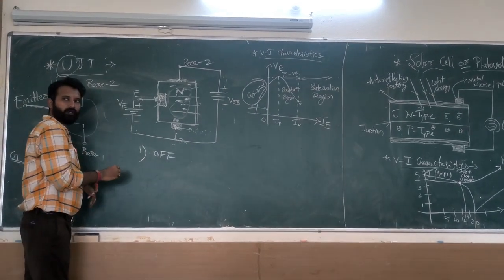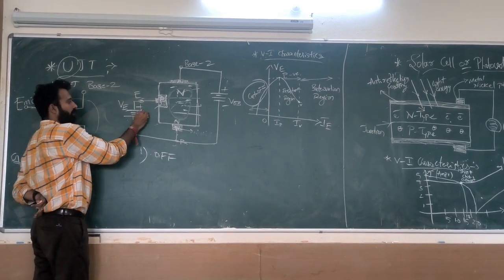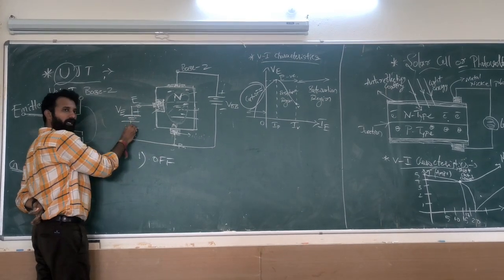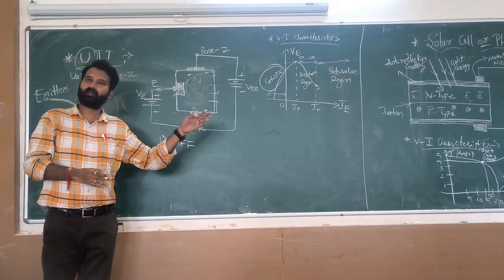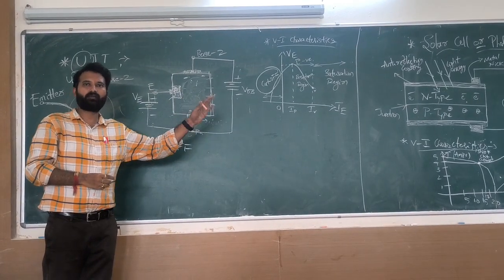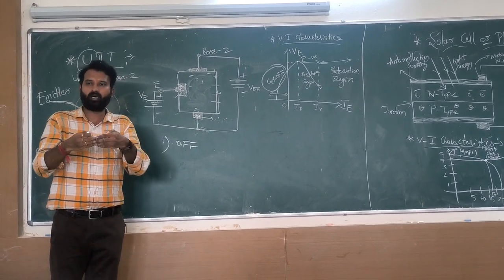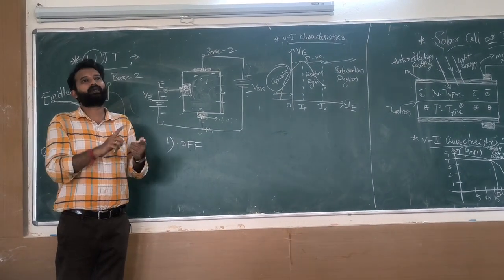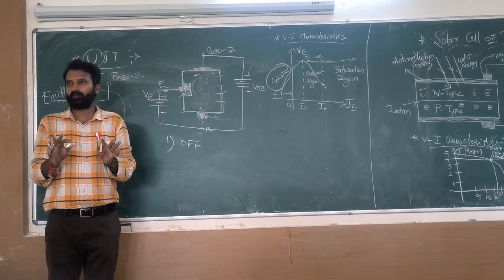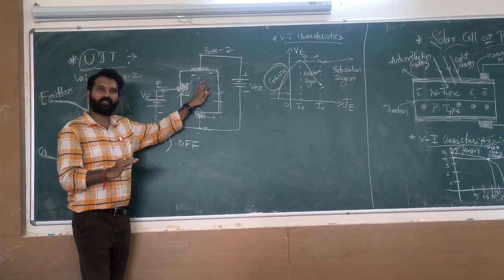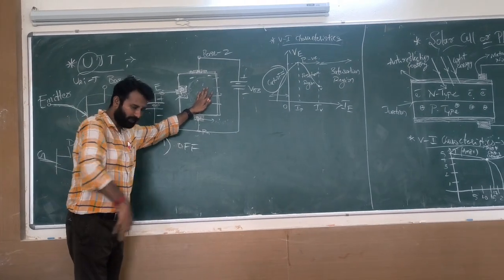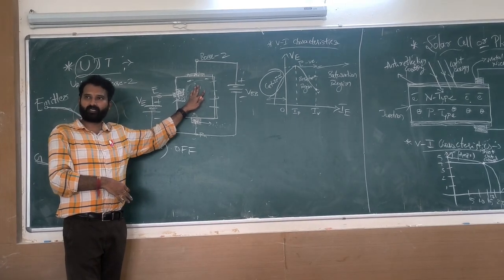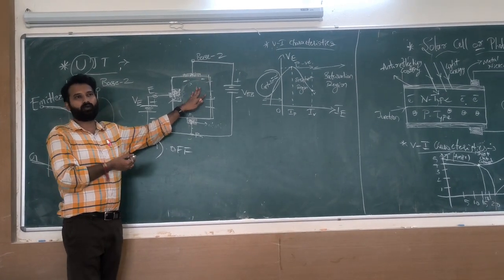Now, for example, concentrate here. I am applying a forward bias, positive to P, negative to negative. Channel means where your majority carriers, electrons and holes, will recombine, flow and travel. Keep in mind, channel means it's a space, a passage, where the carriers will move. It's a flow of majority carriers, which may be electrons or holes.